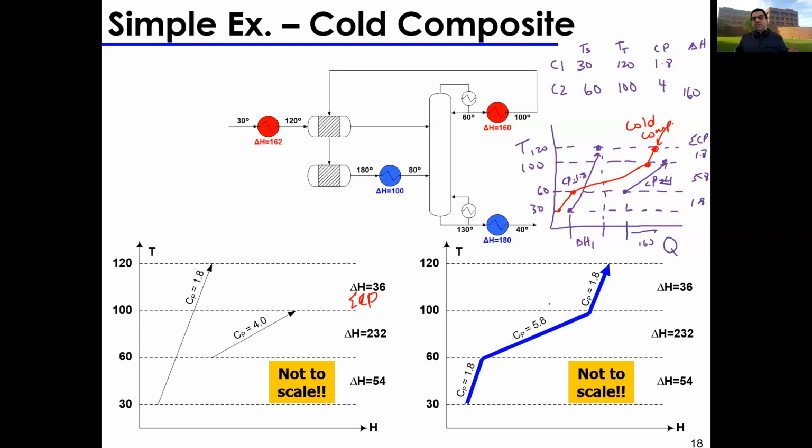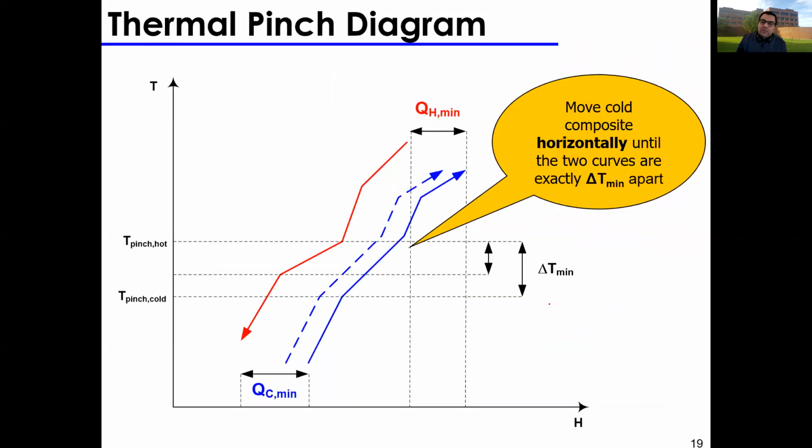So let's say I give you a bunch of information. You draw your hot composite curve, you draw your cooled composite curve. What do we do now? Okay, now you put both figures on the same diagram. So after drawing your hot composite and drawing your cooled composite, you're going to replicate them on the same diagram. Okay, so I drew my hot composite here, I drew my cooled composite here originally, and after drawing them on the same diagram, you need to take note of